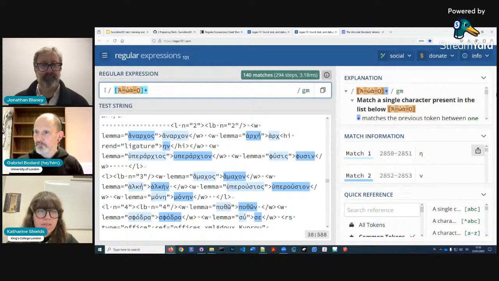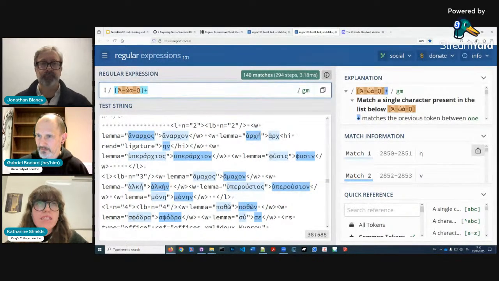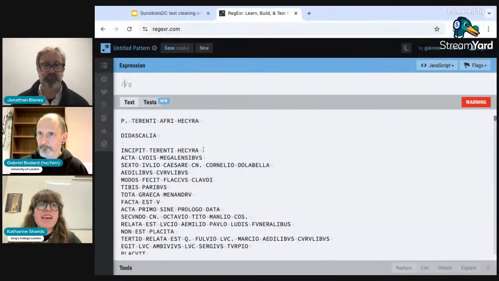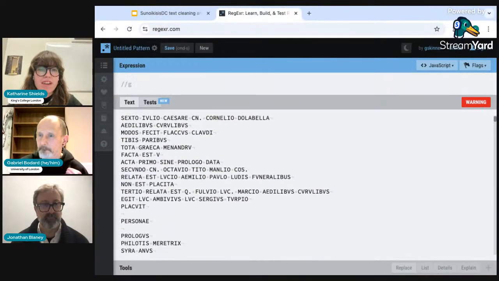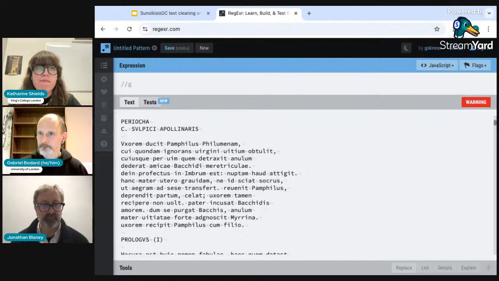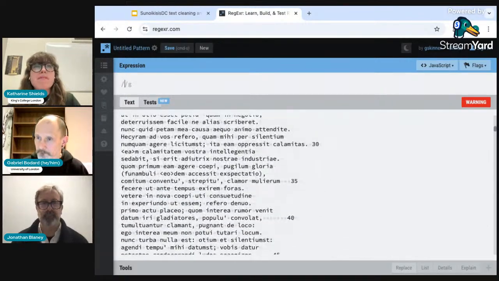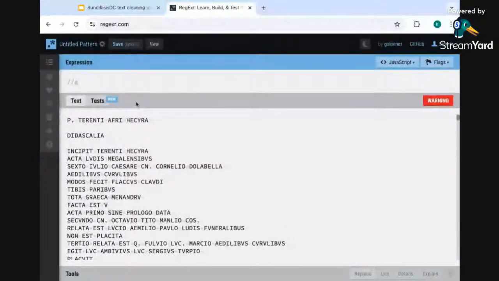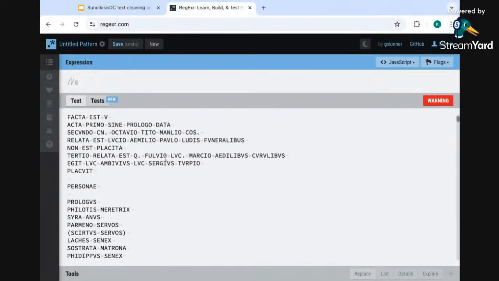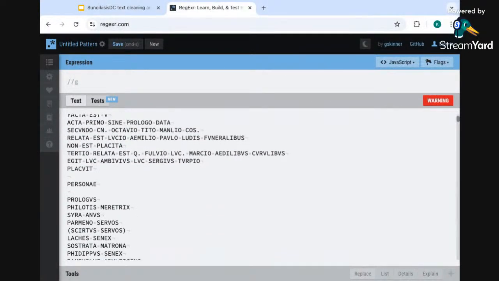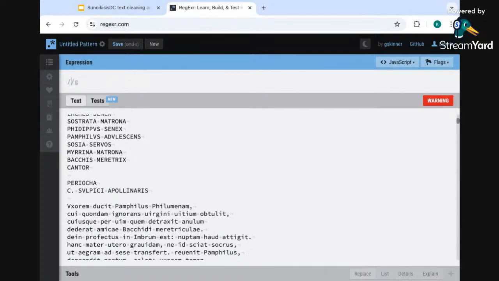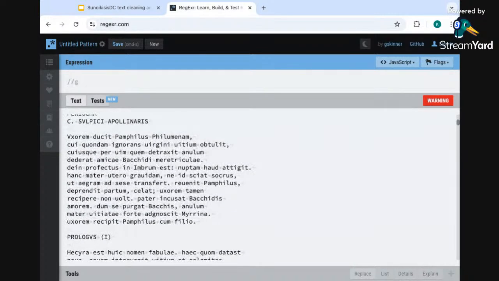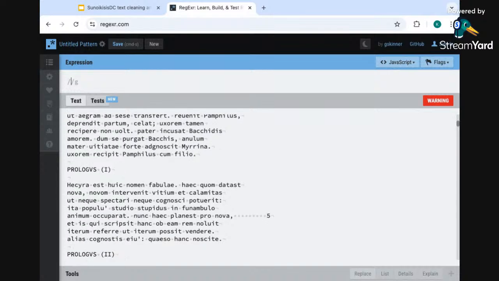Yes, Katie, you had another example of doing weird things with regex with Latin text. Yes. So I have open in a different regex tester that can do find and replace the text of Terence Hecyra that I've downloaded. And one thing that might be a problem with the Latin texts that you're working with are some of the spelling conventions. So things like, for example, whether you use the letter U or the letter V for the W